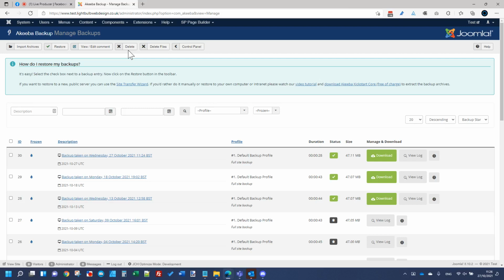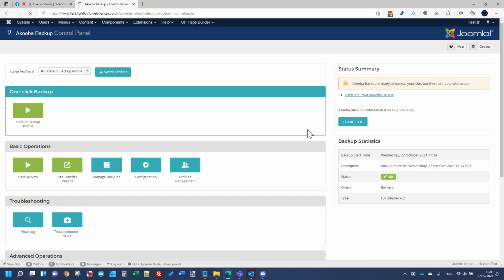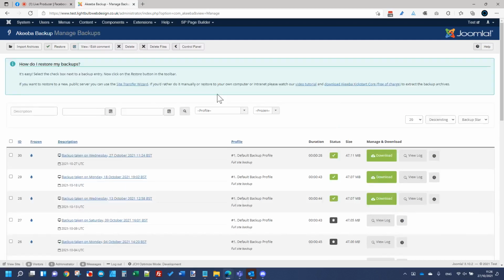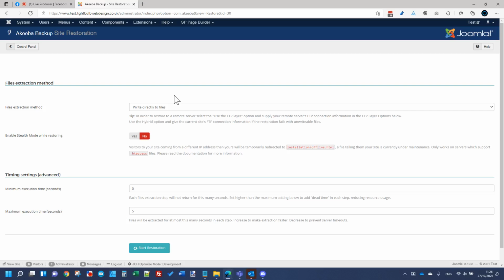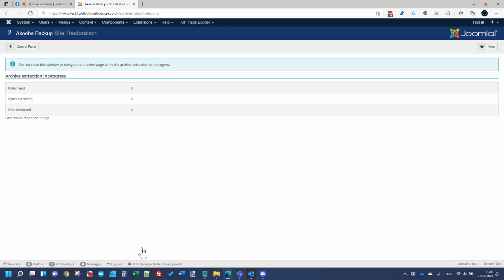So if I'd done that now, for example, say I'd realised something was wrong, I'd installed an extension that broke something, as long as I can still get access to the admin side of Joomla, I can come straight into components and Akeeba Backup, manage backups, and I can literally now tick that box, and at the top of the page I can hit restore. Now this will literally overwrite everything on my setup. I'll run through it for the sake of it here, and I'm going to literally do start restoration, and it's going to do an extraction of all those files